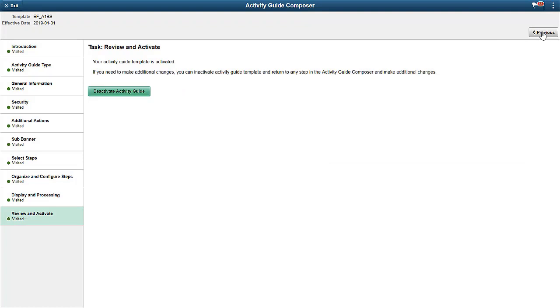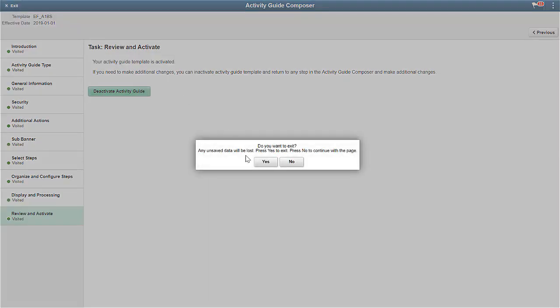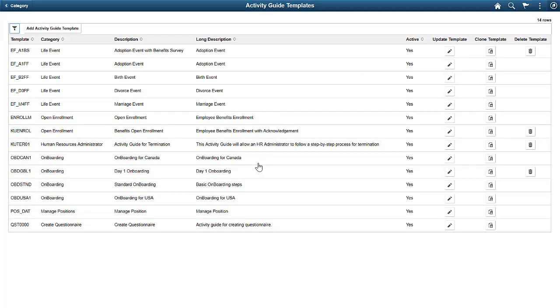With the final review and activate step, the new template gets activated. If you want any additional changes made, you can use the Deactivate Activity Guide button, make the changes and activate the guide again. Now we have successfully cloned an adoption template.